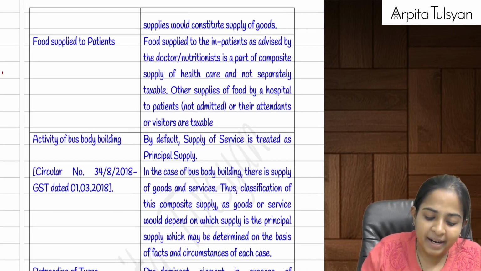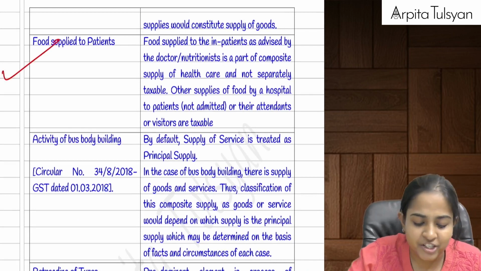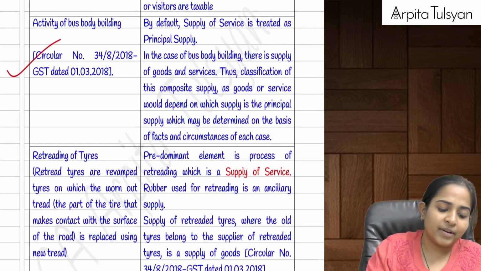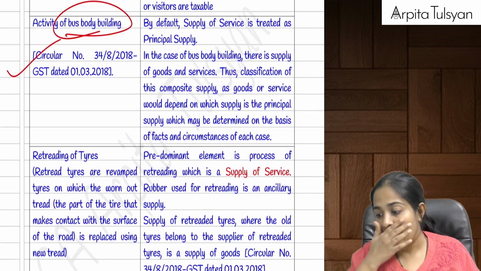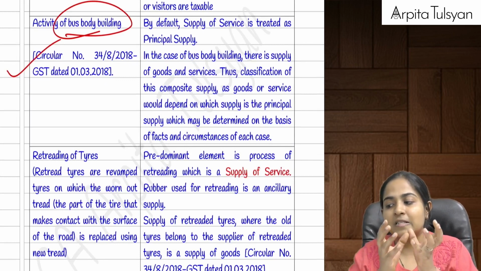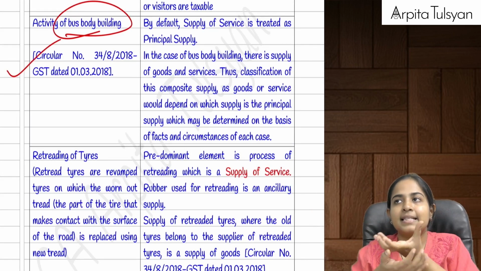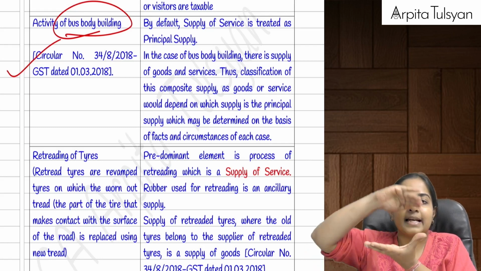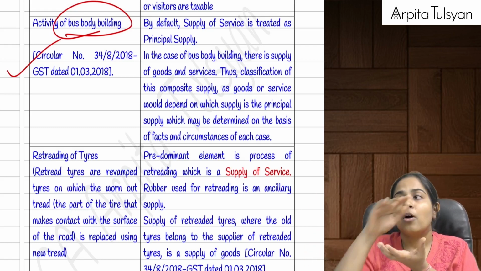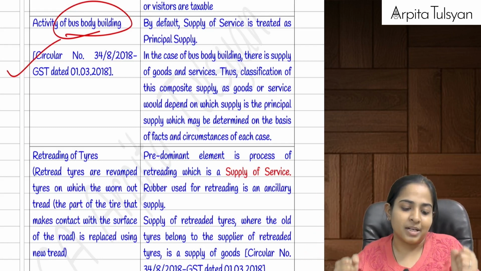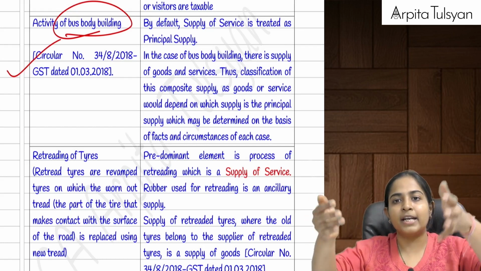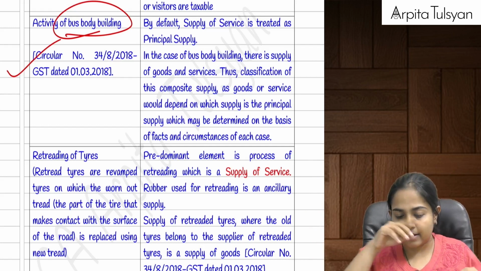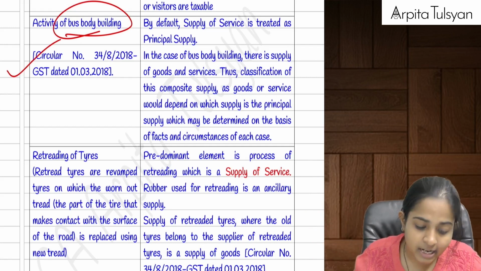Then food supply to patients. I have already discussed about it. The next one, activity of bus bodybuilding. Okay, let's say there is a particular bus which is not assembled with its cover, etc. So I take that particular bus to a bus bodybuilder and I tell him that you need to put a cover on it, you need to put the glasses in it, window glasses, etc. on it. So in this case,